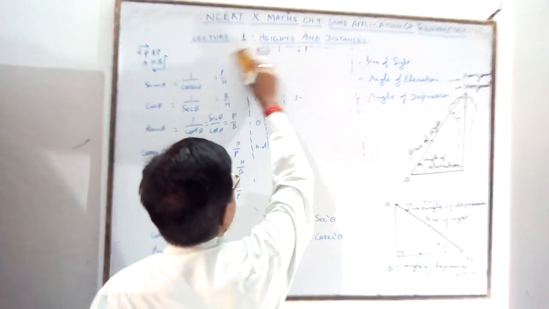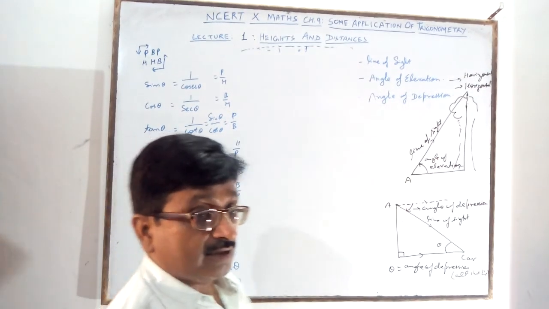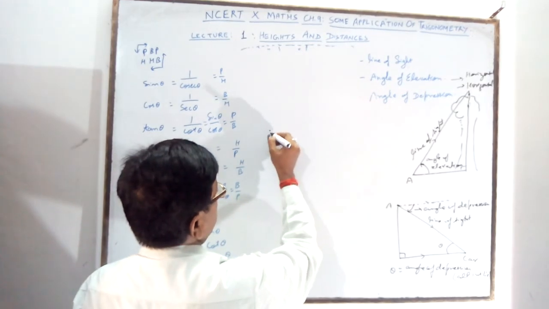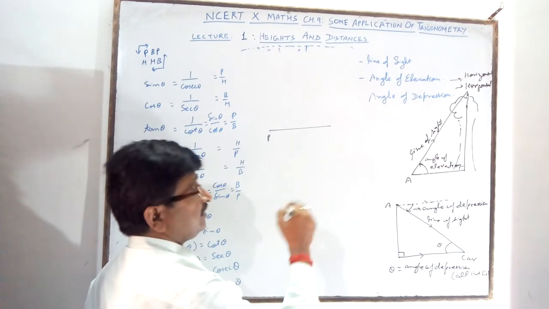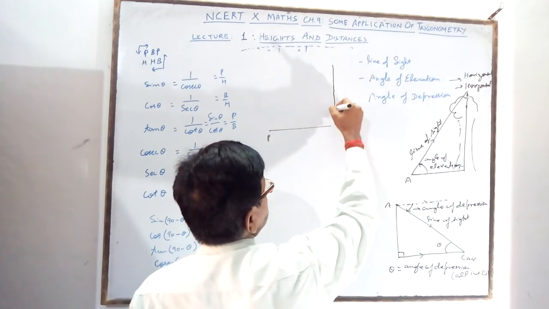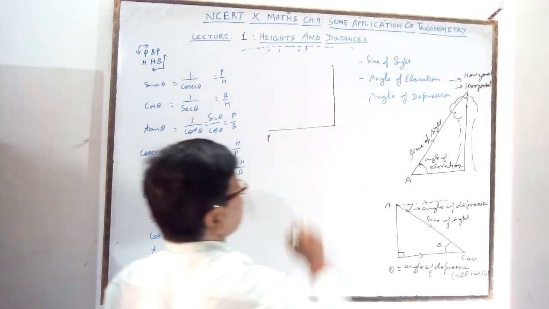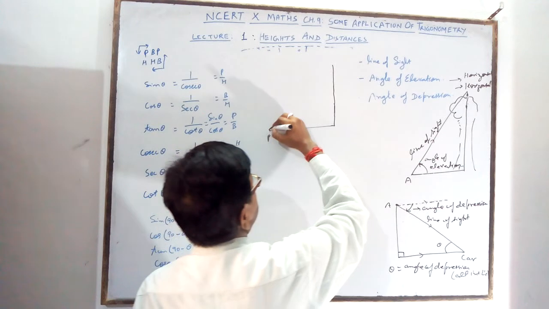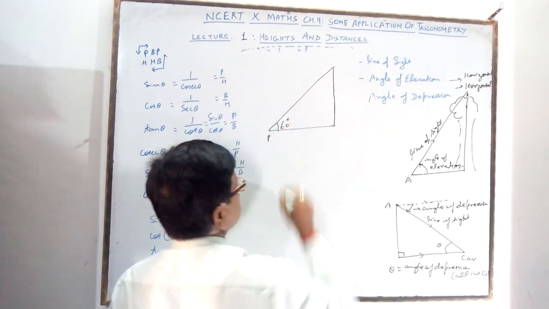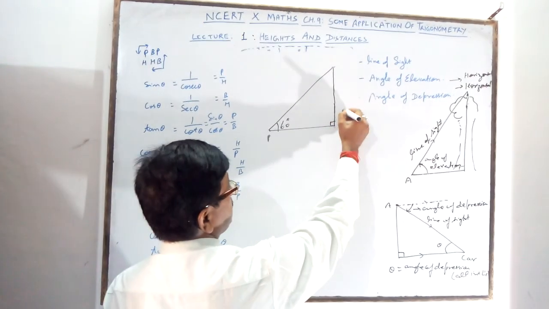A very important example I am telling you. Listen and draw the figure. From a point P on the ground, the angle of elevation of the top of a pole, it is a pole, from a point on the ground is 60 degree. If the distance of the point from the bottom of the pole,